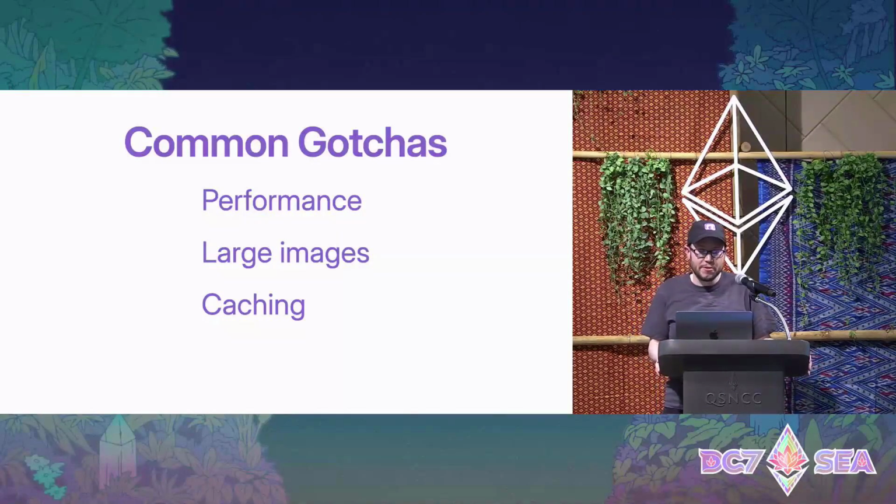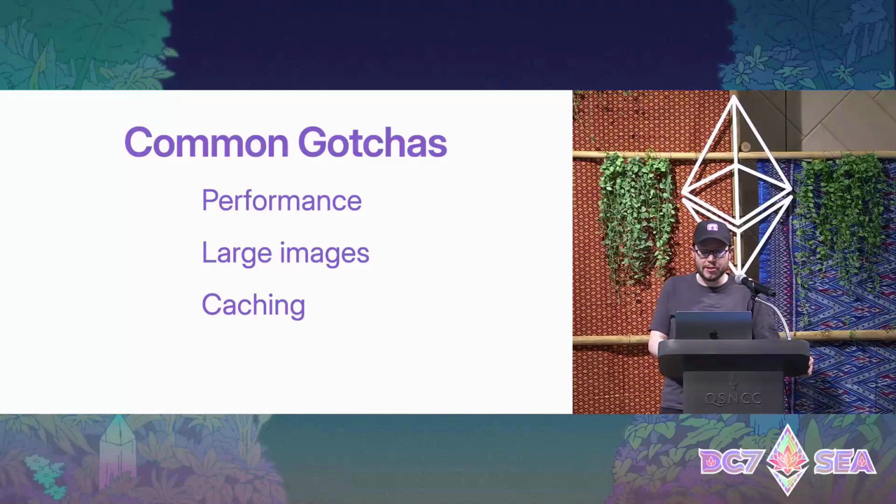So first up, performance. Frames need to respond in less than 5 seconds or they'll time out. Especially if you're using a serverless tool that might have a cold start, this can be difficult sometimes to fit your app within this timeout. So ideally, you should cache and index as much data as you can. You should add loading frames like interstitial states if necessary, if you're loading a transaction and waiting to load the hash or looking at the status of a transaction on chain. And if you're using something like Vercel, a serverless deployment where you might have a cold start, be careful to try to keep that warm and keep that as responsive as possible.